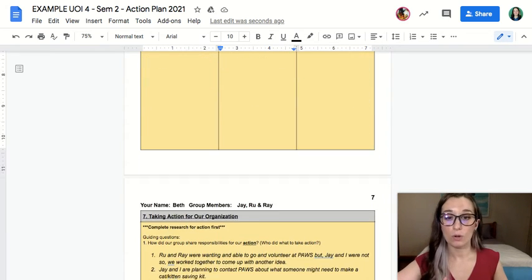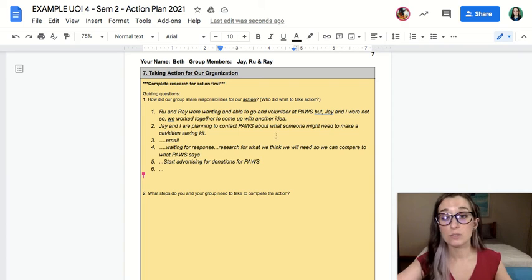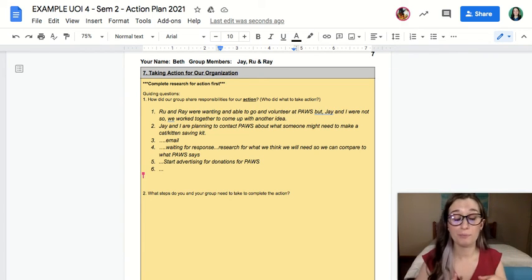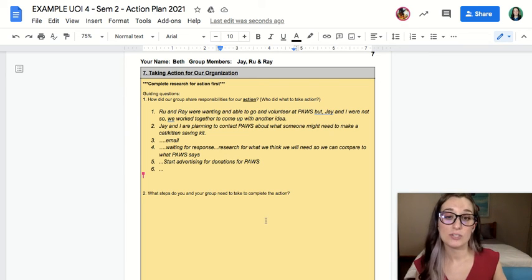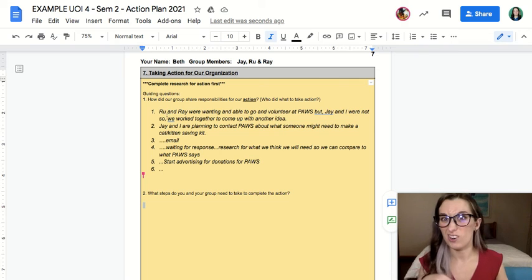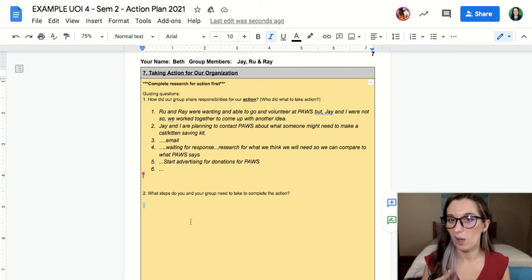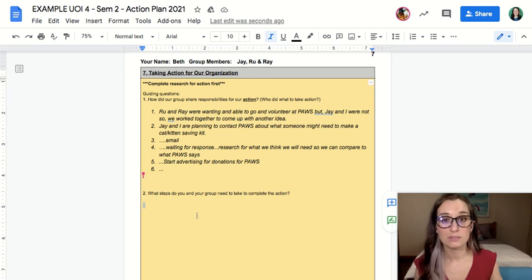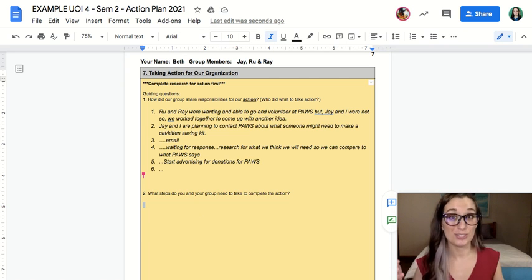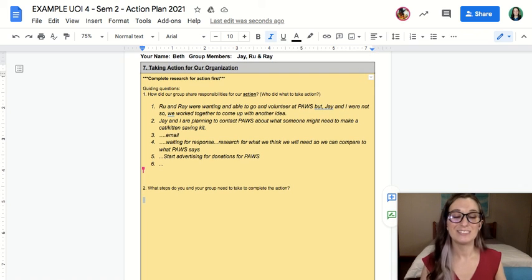I would go to my box 7. And this is where we explain what each person's responsibility is in our group, who's doing what in our action. And we may be doing this all together, or we each may be doing our own thing, and we can say that here. And then we talk about the steps, and you can see I've kind of already started the steps, so I could even copy paste or just add this question into the top. Once I'm at a stopping point with this, I can then go and actually start to take action and really see how I'm meeting the need of a community.